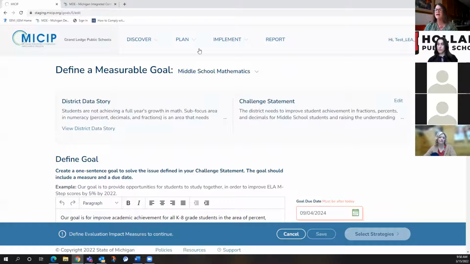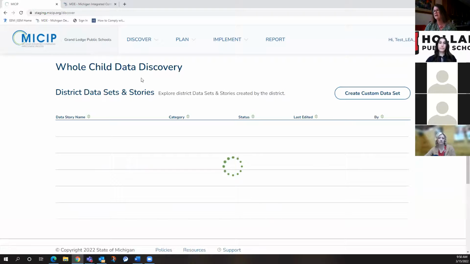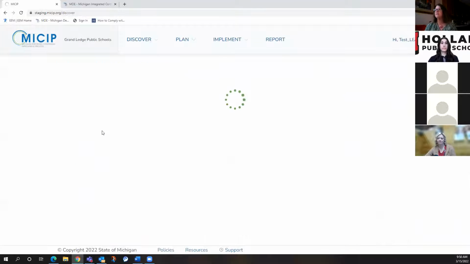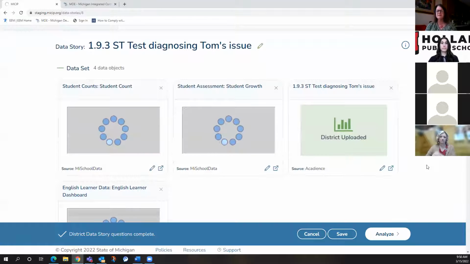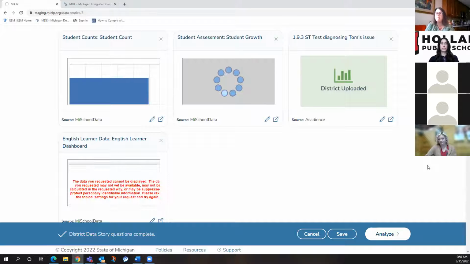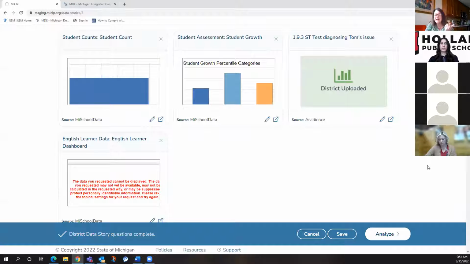Another area to look at if I'm inheriting a new plan is to look at the data set. What data do we use? This tells me a lot because we know that we really want to look at balanced data. And what I mean by that is to look at academic, non-academic, and systems. It's that three-dimensional or multifaceted look at a need that's really going to provide you with a really good view